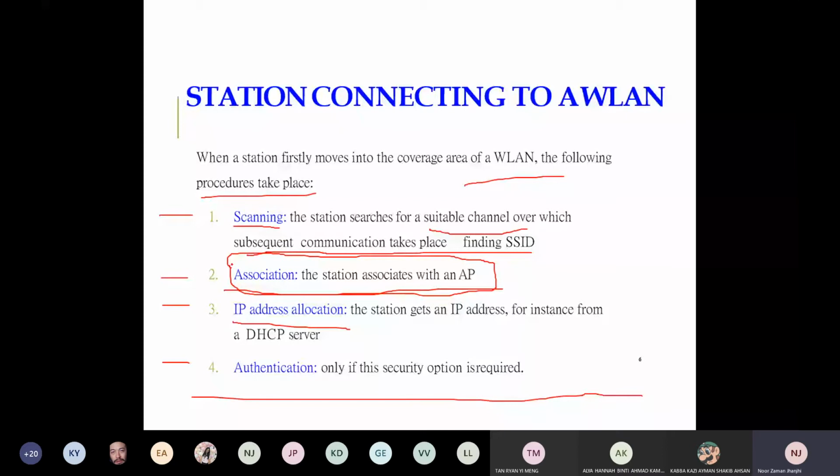Now, after this association, when the mutual agreement and initial agreement are done, then IP address allocation will be done. And you know that we discussed that this IP address will be assigned using DHCP, based on the available IP addresses from the pool. And also, the moment the IP address is assigned by the access point to a station, it will do the whole process, but besides that,